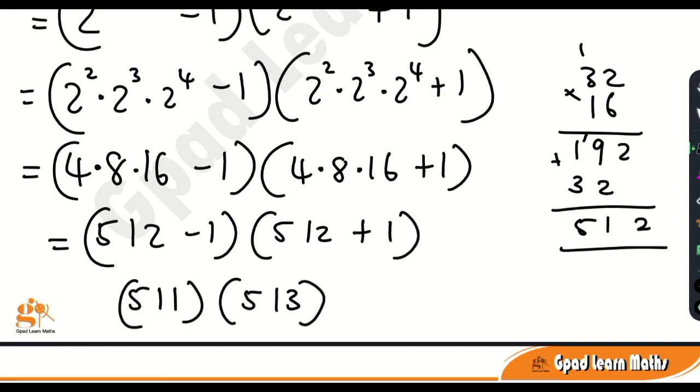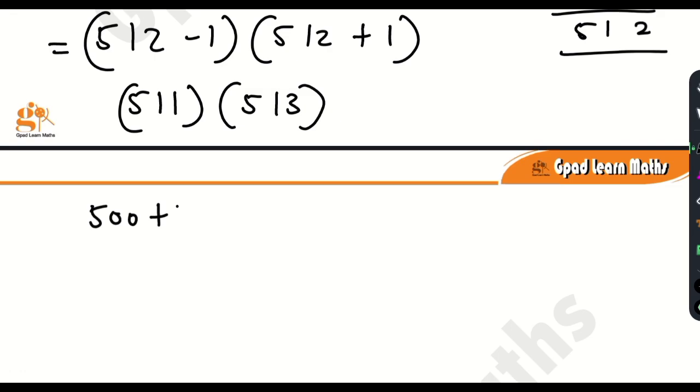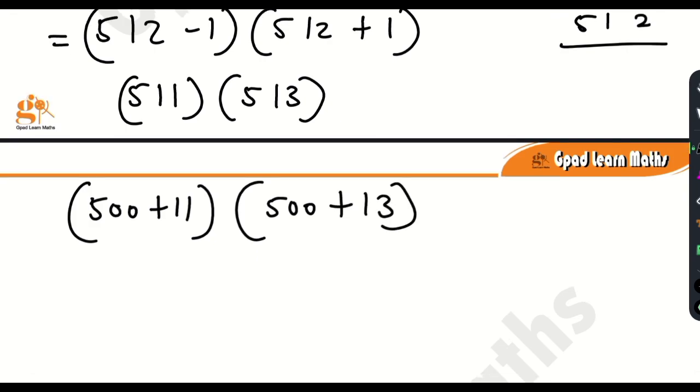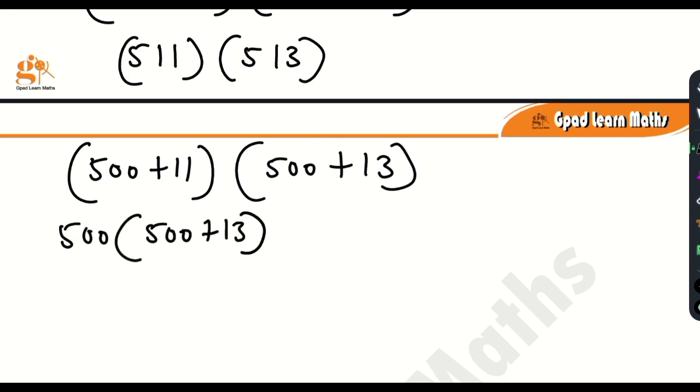Now, I want us to look at these two numbers. I want to bring in expansion here, but there's a way I'm going to do it. I'm going to rewrite 511 as 500 plus 11. This is becoming binomial expansion. 500 plus 11 is 511. What about 513? That will be what? 500 plus what? 13. So using binomial expansion, 500 will multiply everything you have in the bracket, and 11 will multiply everything you have in this other bracket. So I'm going to have 500 times 500 plus 13, and then what? Plus 11,